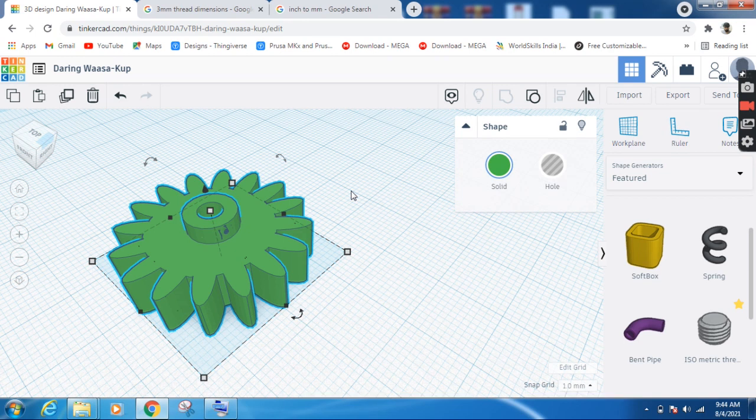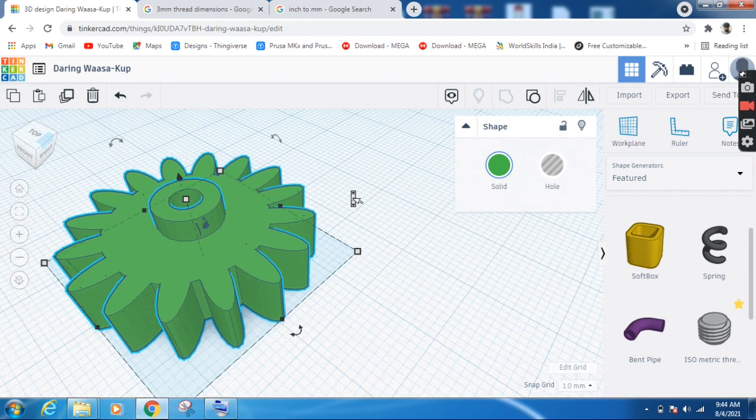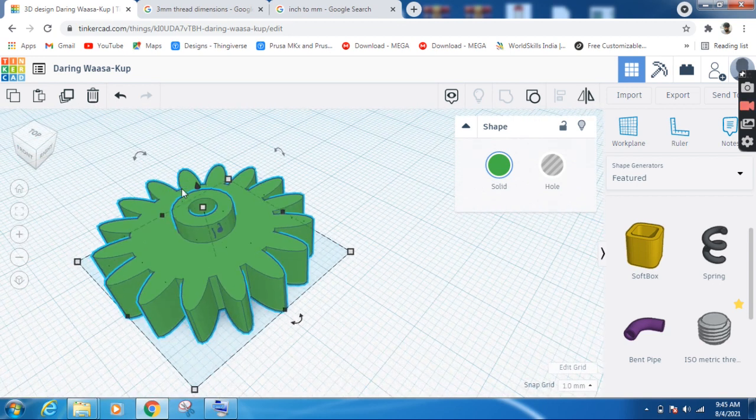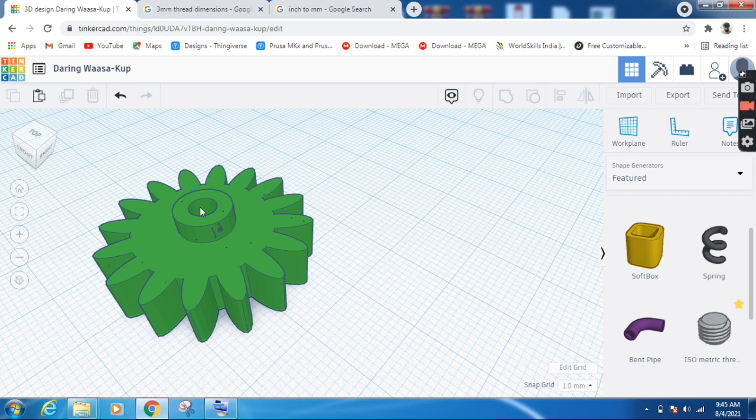Now you see that there is a nice hole inside, so you can put a screw in. Any metal rod or anything you are putting in the gear, you can tighten with the screw. That rod can be tightened by putting a screw in that gear.